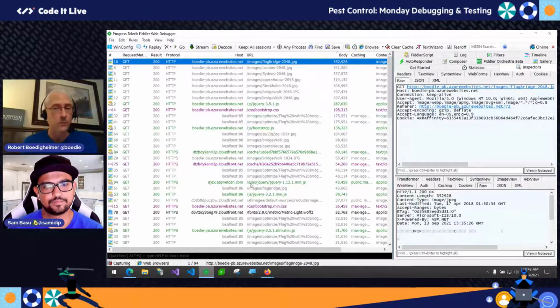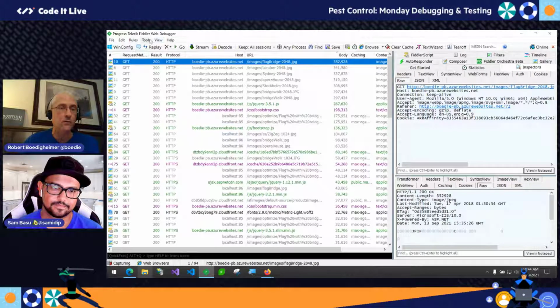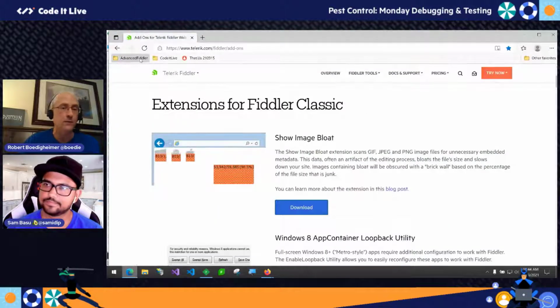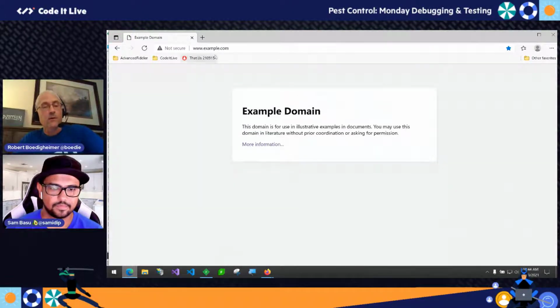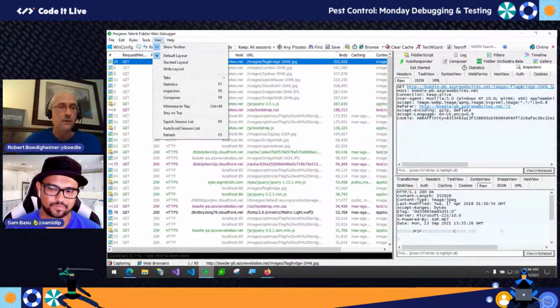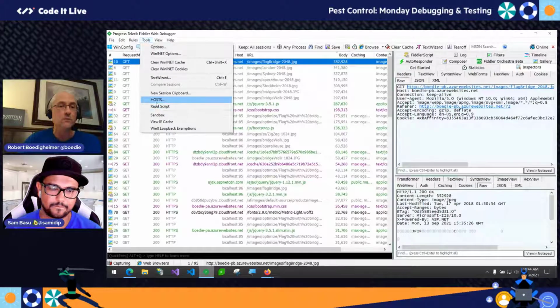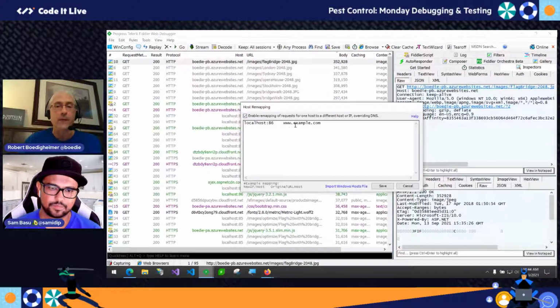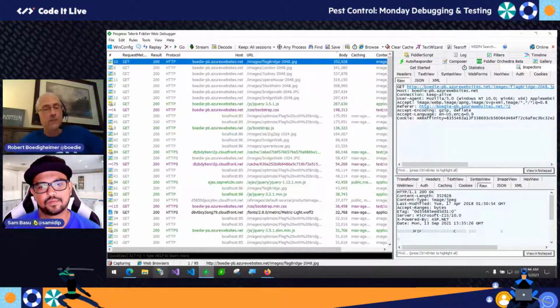I've read Eric Lawrence's book on Fiddler many times, which is a good resource for Classic. And I saw this feature called host mapping, and I never understood why I would want to use it. So I'm going to give you an example. This is literally an example. So this is example.com, right? I can actually go into Fiddler and say, I'm going to do hosts. And I can say remap. If you ever see example.com, really run it off my localhost on port 86. So I'm going to save that.